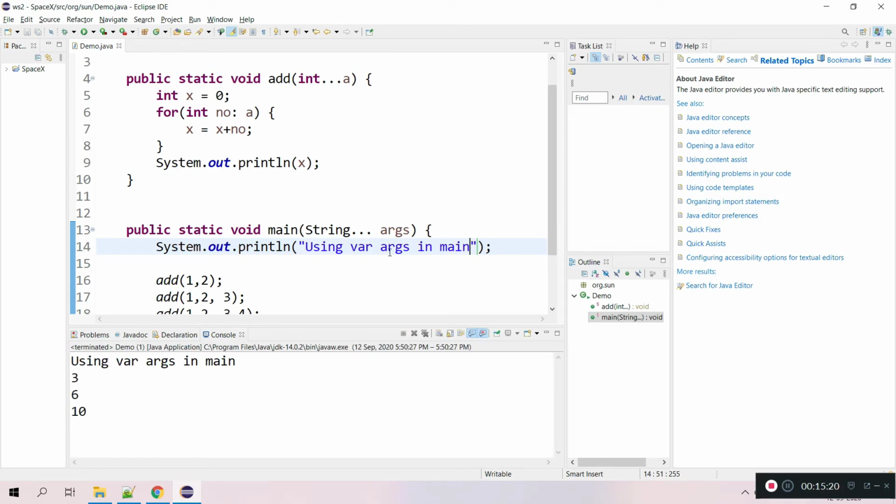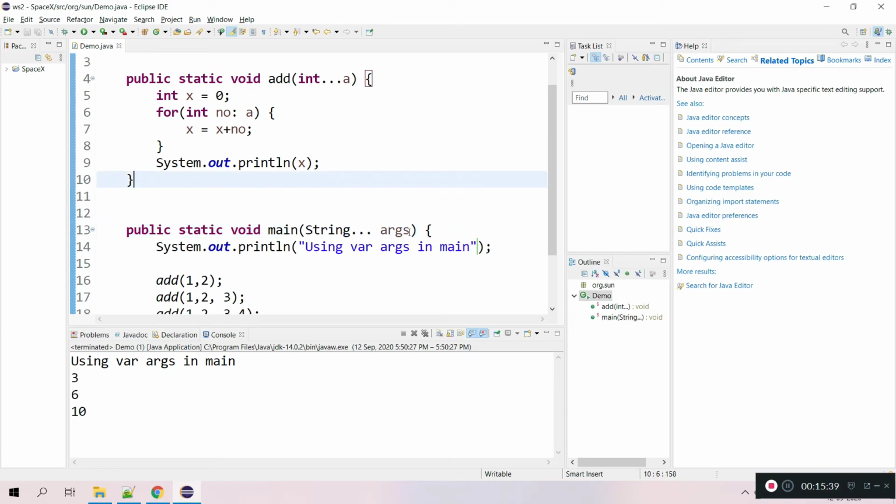So in the main method, instead of String args, I am using varargs. Still the Java compiler is able to compile and the Java runtime environment, JVM, is able to execute. So we can use this interchangeably with the string array. That is one thing in interview perspective you need to understand.